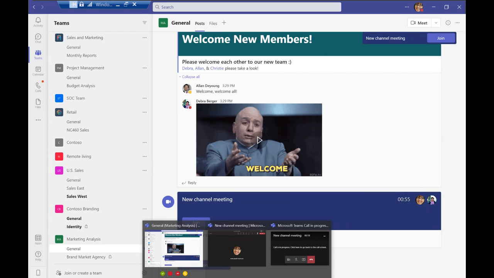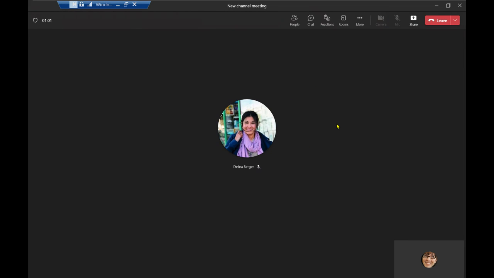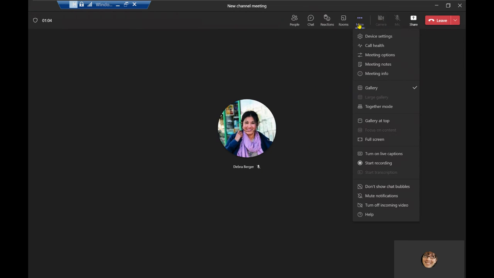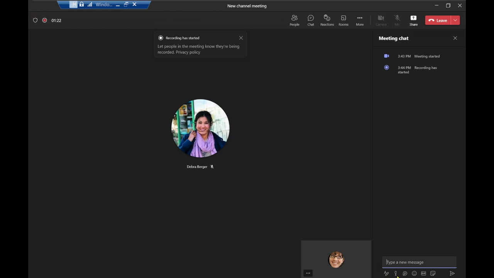Because you can share that information quickly, you can collaborate with people, and you also have the option to record the meeting. I'm going to open that tab up for the meeting. You can do this by selecting the ellipses right over here and choosing to start the recording. And once you do start the recording and the meeting is recorded, for anybody who wasn't able to join that quick ad hoc meeting at the moment, you can share that information out with people who weren't there. Now, one other option I did want to emphasize is, once again, because these conversations are threaded in your channels and meetings, any conversation that you have over here will be threaded and will show within the post that's available in your channel.